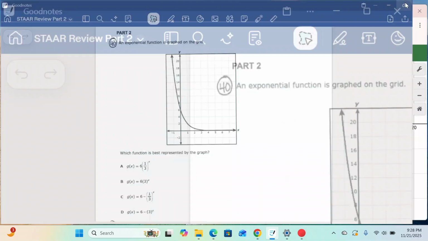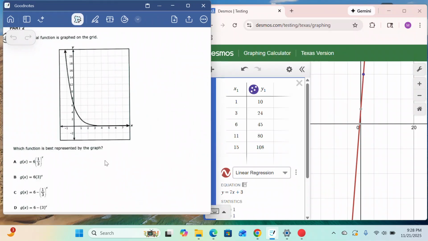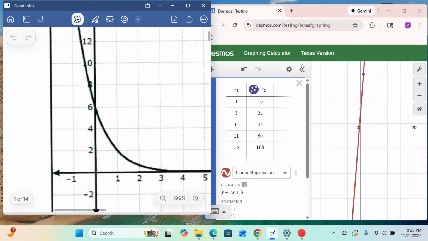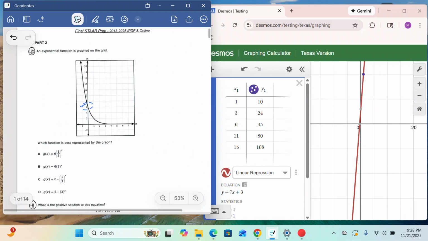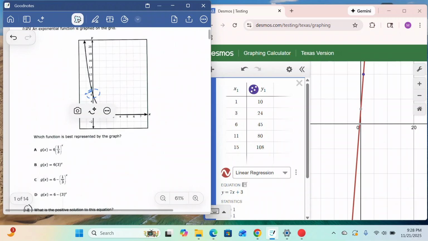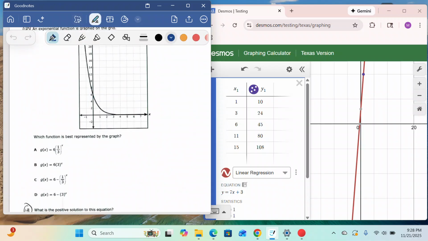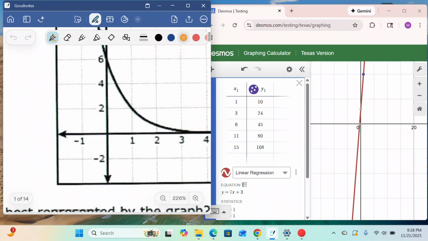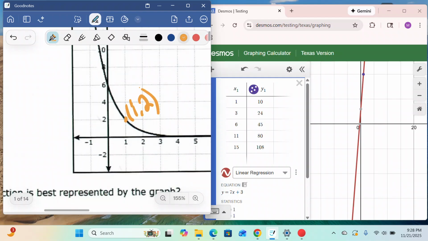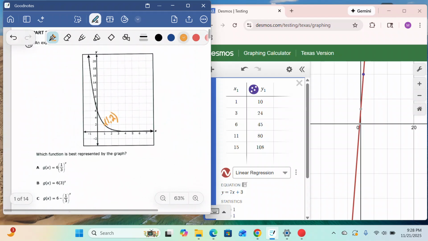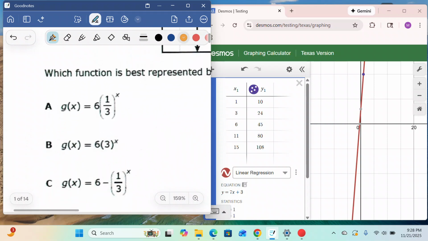by the graph. So what I would do is input every single one of these into Desmos, and look for some key features. Of course, my y-intercept is 6, so I'm looking for that key feature. And like the one we did before, it also has a key feature of (1, 2). Just by looking at our answer choices, I already see that at least 2 have the y-intercept of 6, which is A